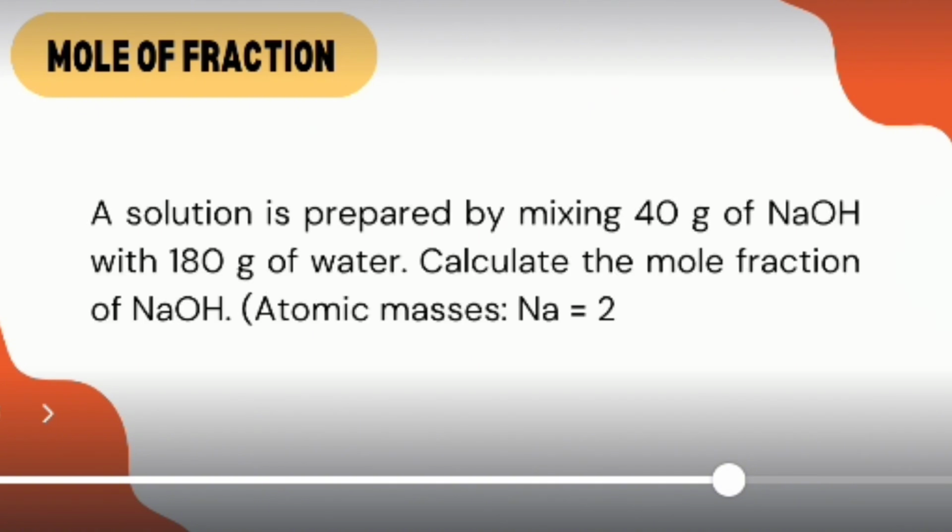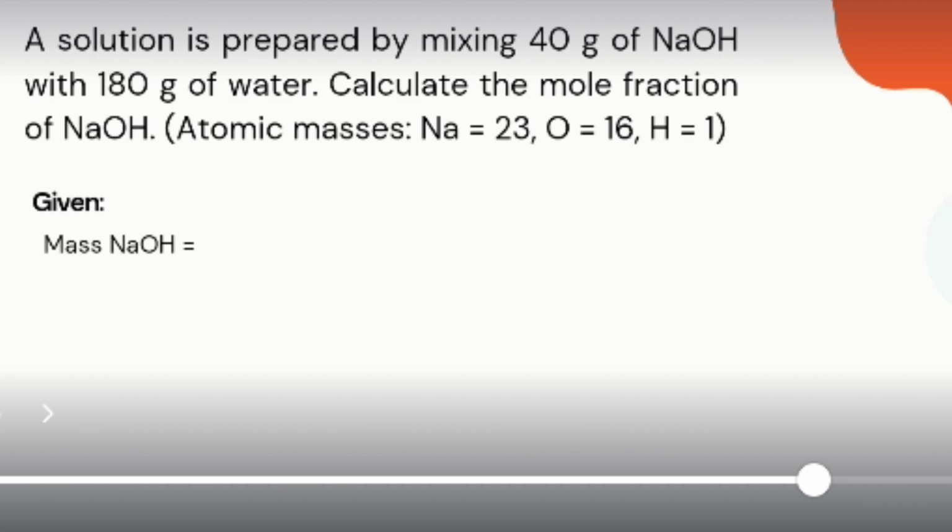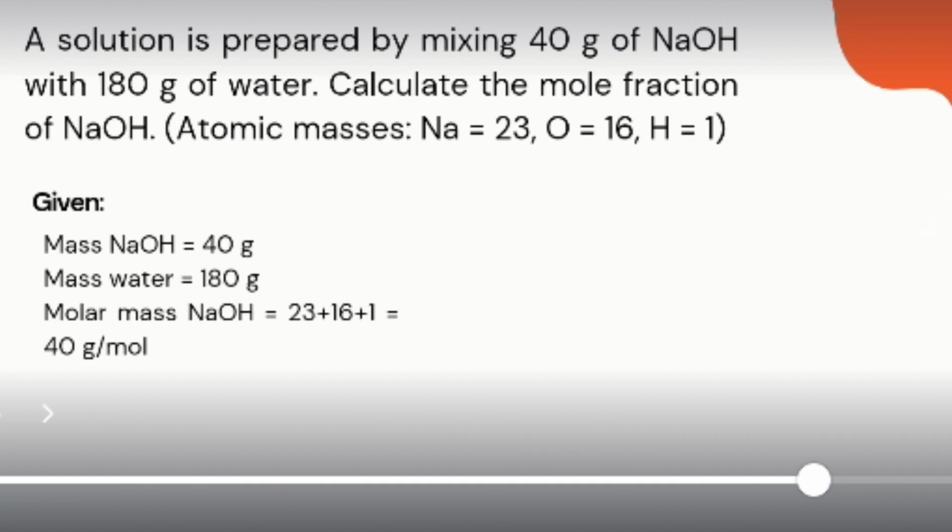A solution is prepared by mixing 40 grams of sodium hydroxide with 180 grams of water. Calculate the mole fraction of sodium hydroxide. The molar mass of sodium hydroxide overall is 40. The givens are: mass of sodium hydroxide, which is our solute, equals 40 grams. Then the mass of our solvent, which is the water, equals 180 grams. Then our molar mass, as I said earlier, is 40 g/mol because we added all the atomic masses of